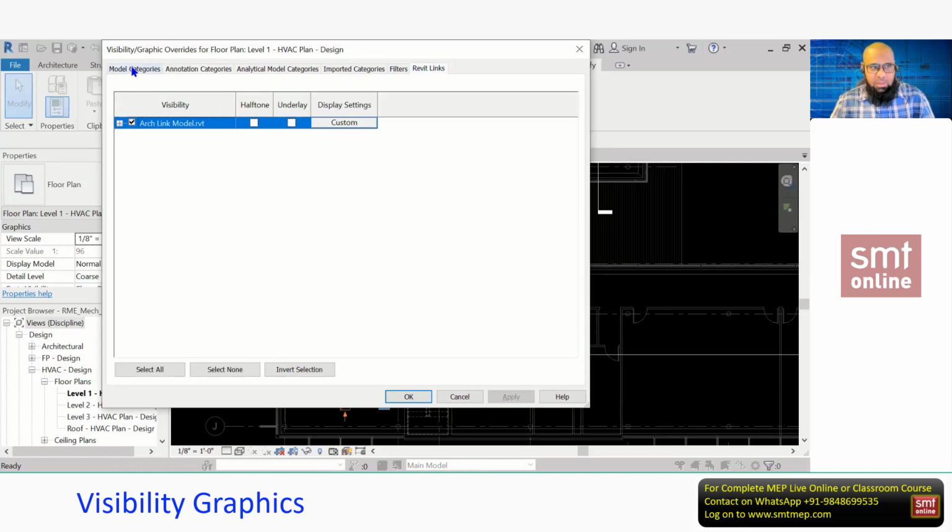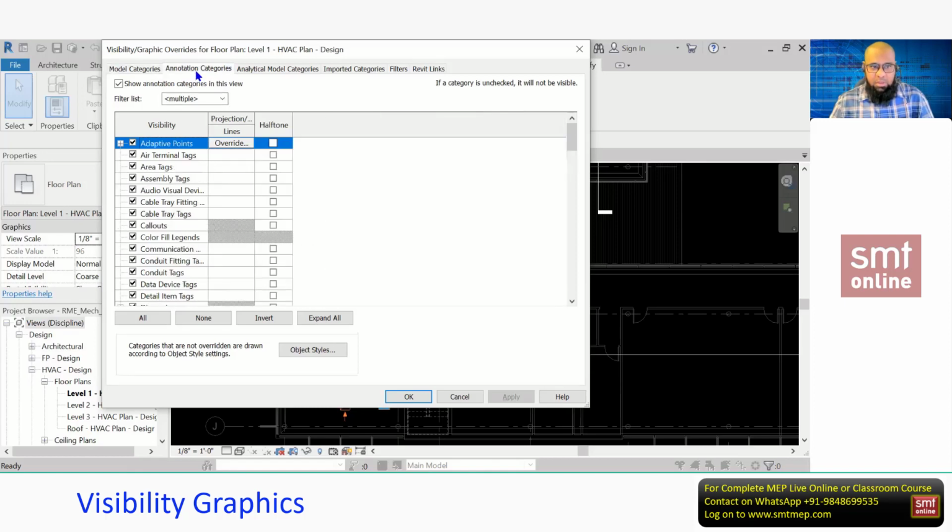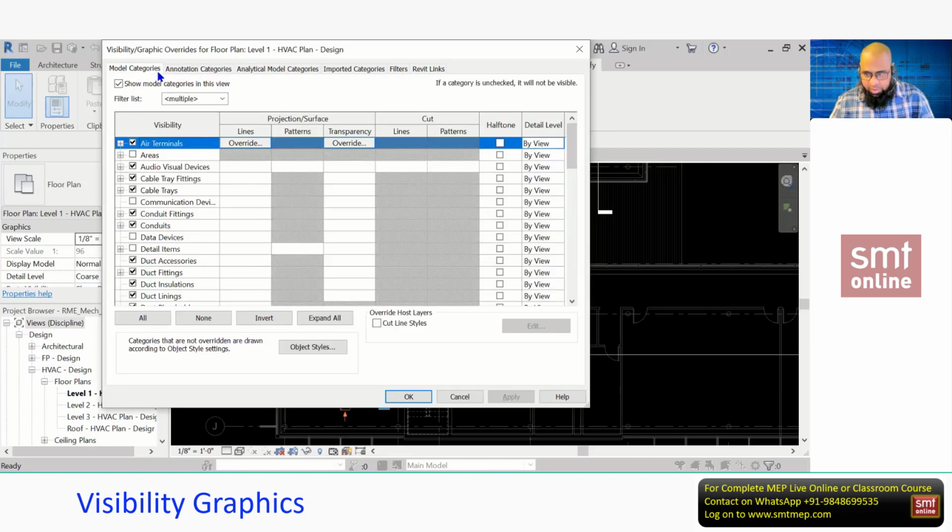For example, here if I click this model category, you can find the visibility of the model components. But you see the line pattern or halftone detail is similar in the annotation category. The options are limited, but the concept is the same. Annotation category means under annotation, you'll find dimensions, text, tags, etc. But model category means the 3D intelligent components.